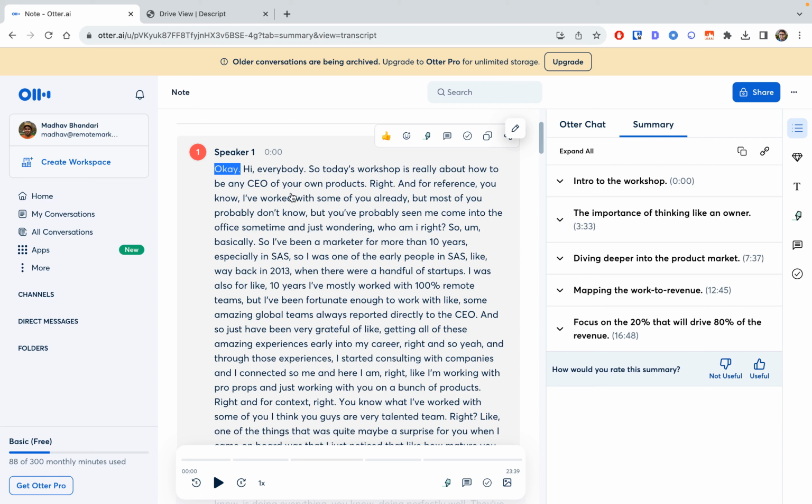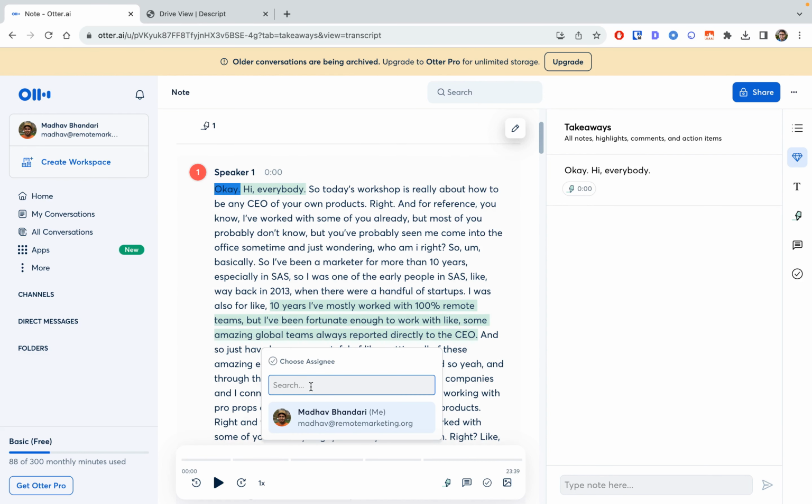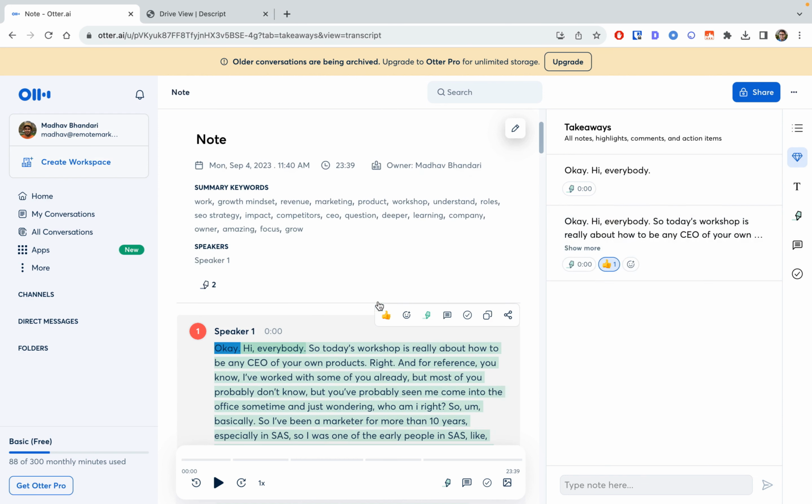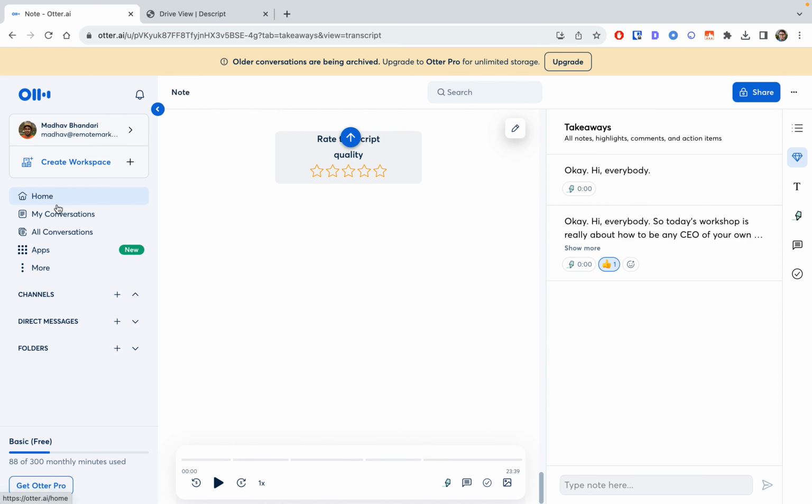Now, within this, you can also, if you want, edit things out, create highlight notes, right? So, for example, if I want to highlight this, I can highlight it here. Okay, and now that that's been added in like the takeaways, I can add comments, I can add action items in here. You know that, hey, this is a good point to consider while closing the deal. You can copy stuff, you can, I don't know, add certain things. So that's basically it, right? It basically does the transcription.